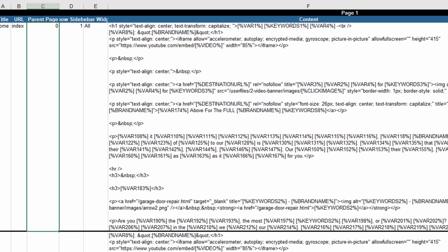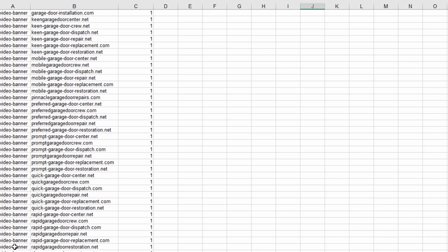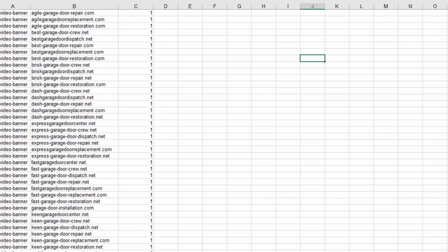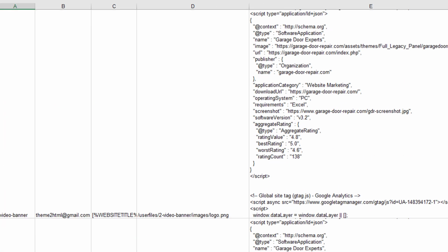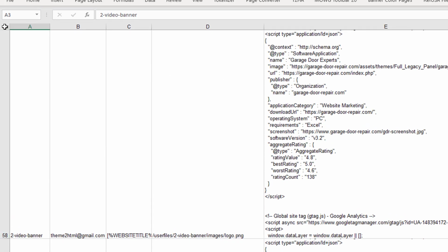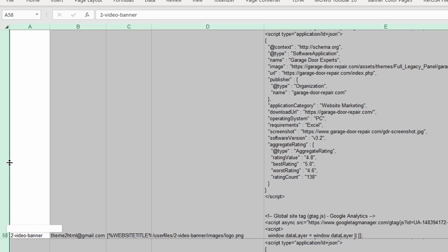So if I wanted to make a change to one of the pages, could I make the change here? Could I actually make the change right here and then upload this file by importing the feed file and it would make that change on the website? Yes, which is pretty cool because let's stop and remember. We have all of our 96 websites right here. That means I have 96 rows right here. You can count them going all the way down. And I can edit them. Look at this. I can click in here. I can drag and pull this up